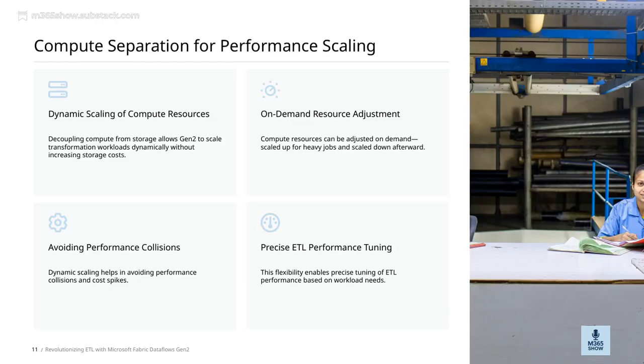Finally, by decoupling compute from storage, Gen 2 allows us to scale transformation workloads dynamically without incurring additional storage costs. This separation gives us the ability to handle larger or more complex data processing tasks seamlessly, supporting scalable and cost-effective data management. All of these features tie into the overall goal of making our data workflows more flexible, efficient, and